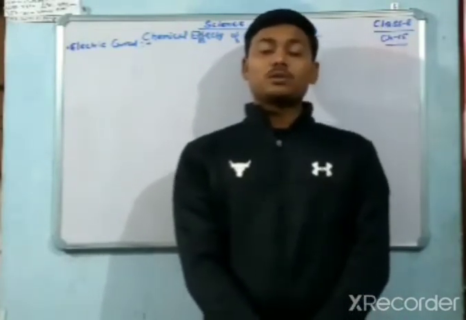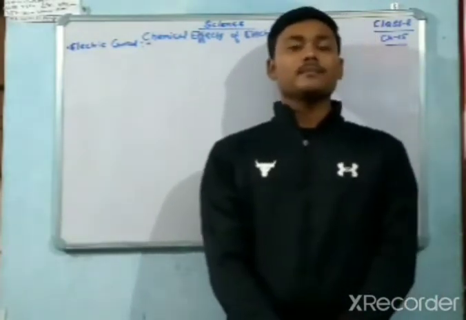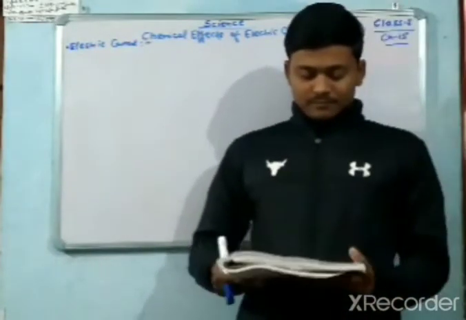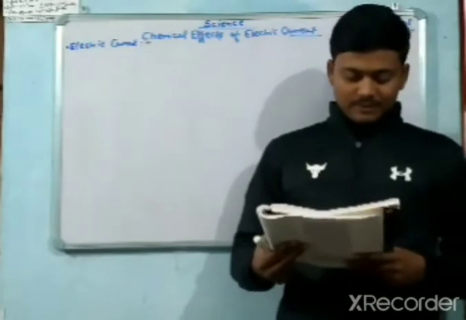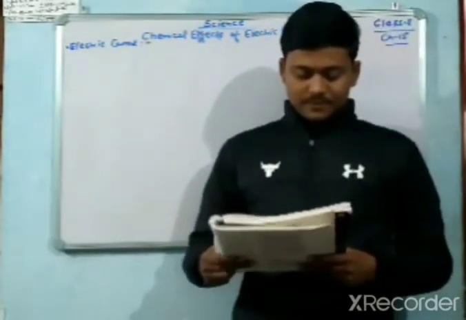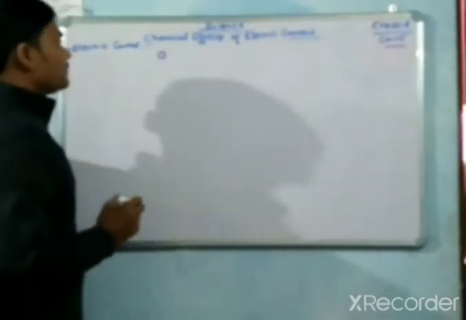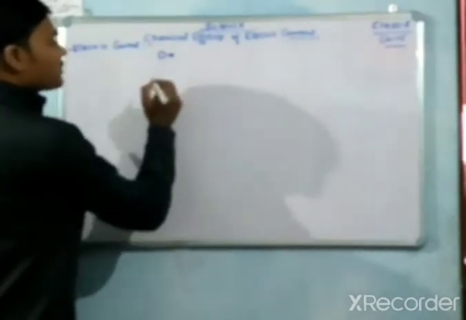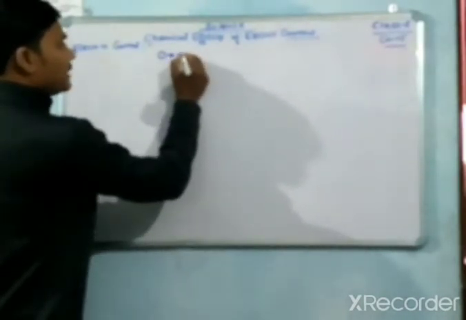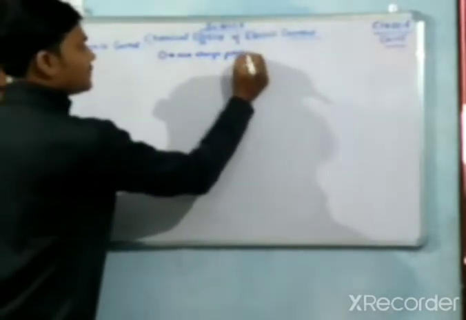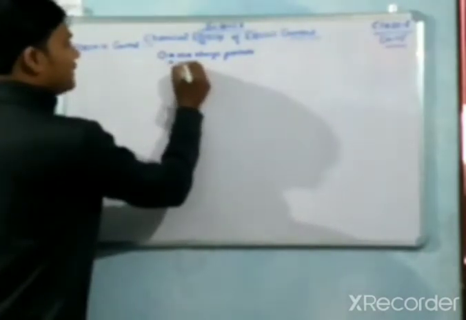And what about positive charge? Positive charge does not flow. It remains fixed. So first of all, if we are talking about electric current, you need to understand that if this is an atom of any metal, this atom consists of some subparticles: first, positive charge particles, and negative charge particles.